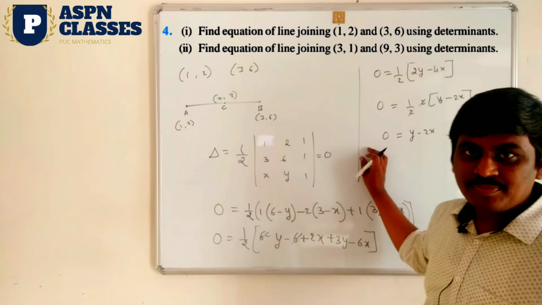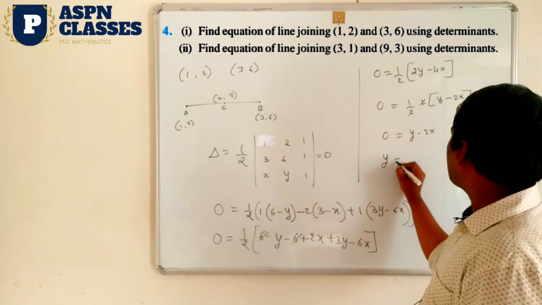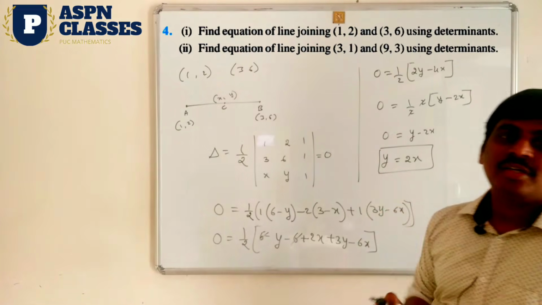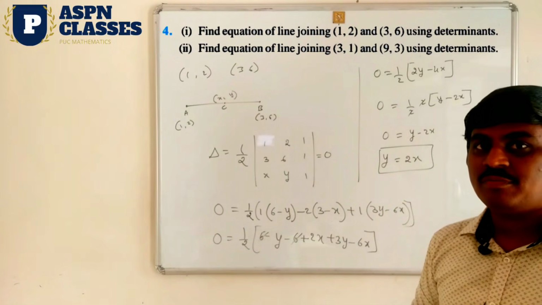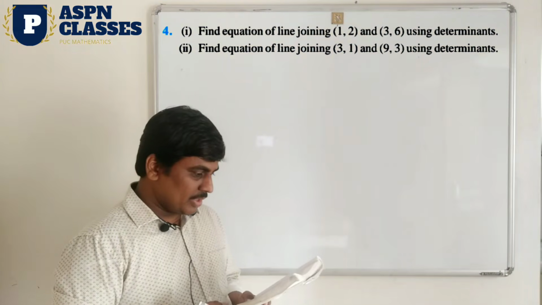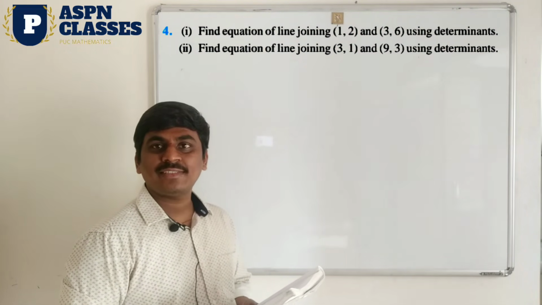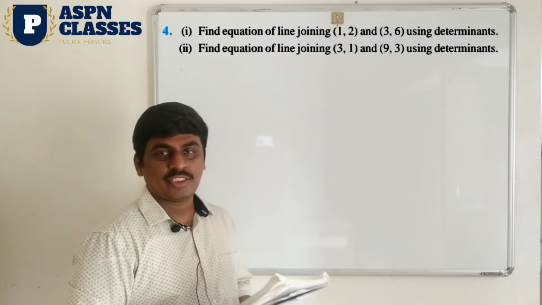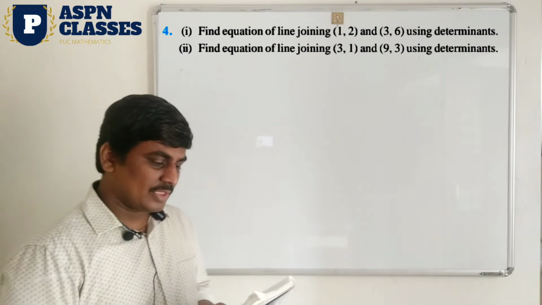So minus 2x you have to shift to this side. What do you get as the equation? y is equal to 2x. So now you get this equation, the equation of the line joining the 2 points. Up to here you complete it, means you get the complete 2 marks. Okay. So question number 4, the second question you take as homework, same type as already solved. Now here also find the equation of the line joining the given points. Okay, take this one question as homework.